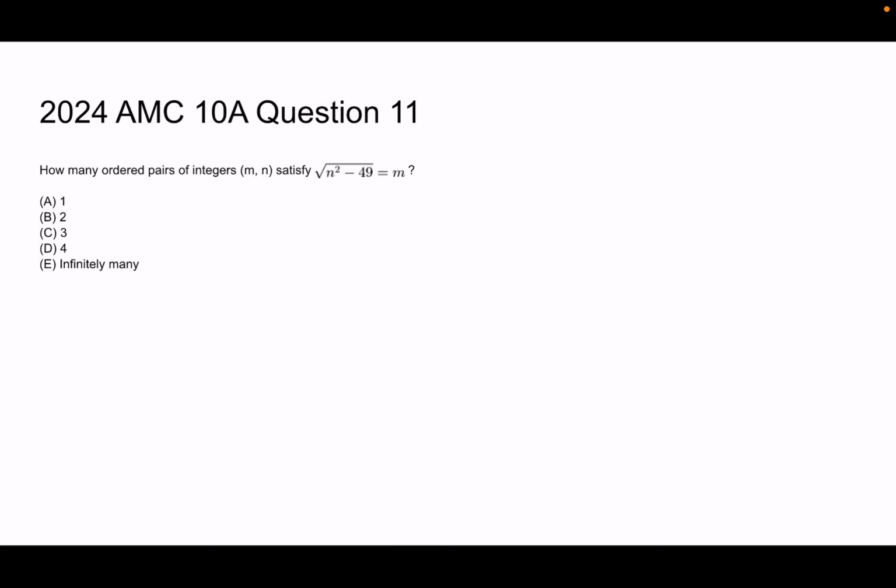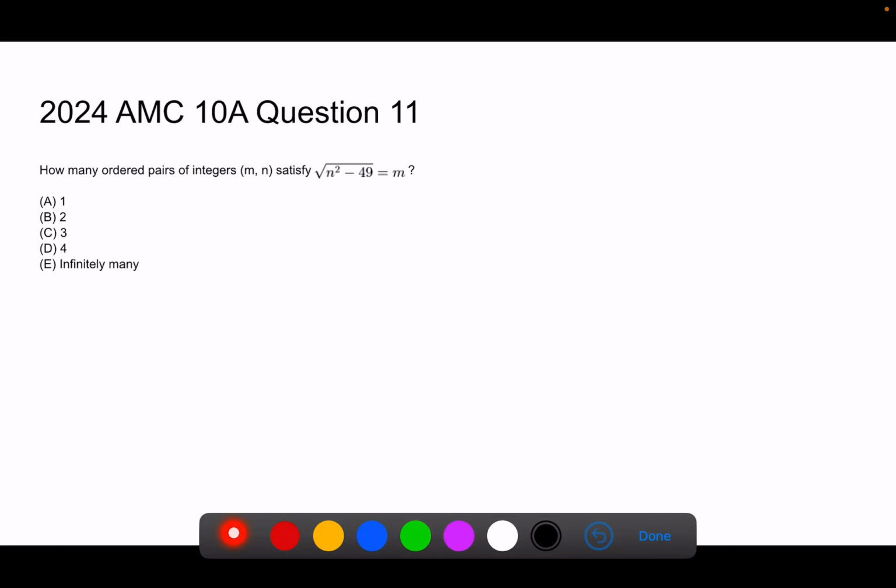AMC 10A, question 11. How many ordered pairs of integers (m, n) satisfy √(n² − 49) = m? So again, a number theory question plus some algebra component. And as mentioned in other questions, whenever you see integers,